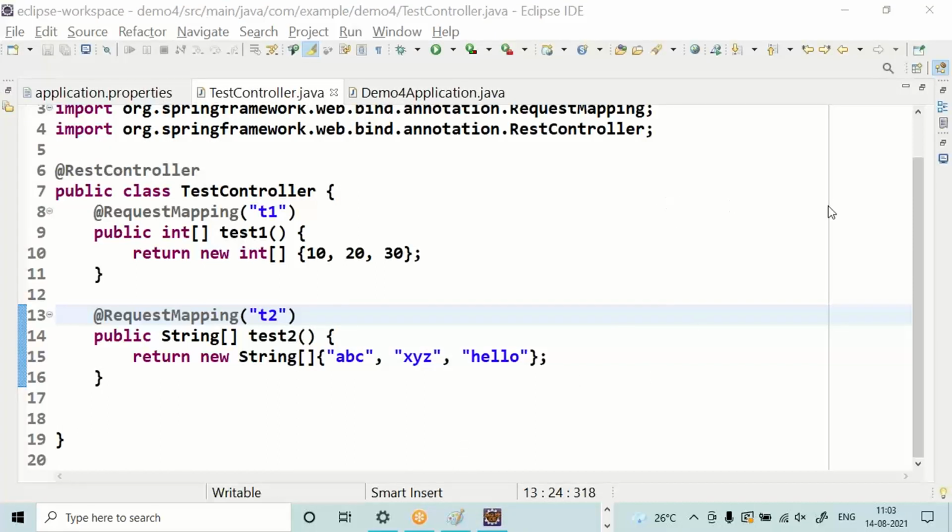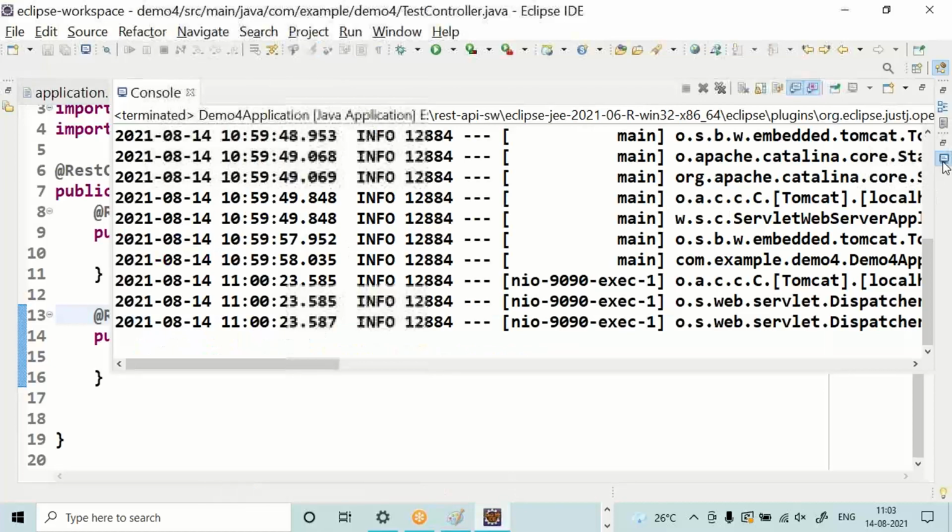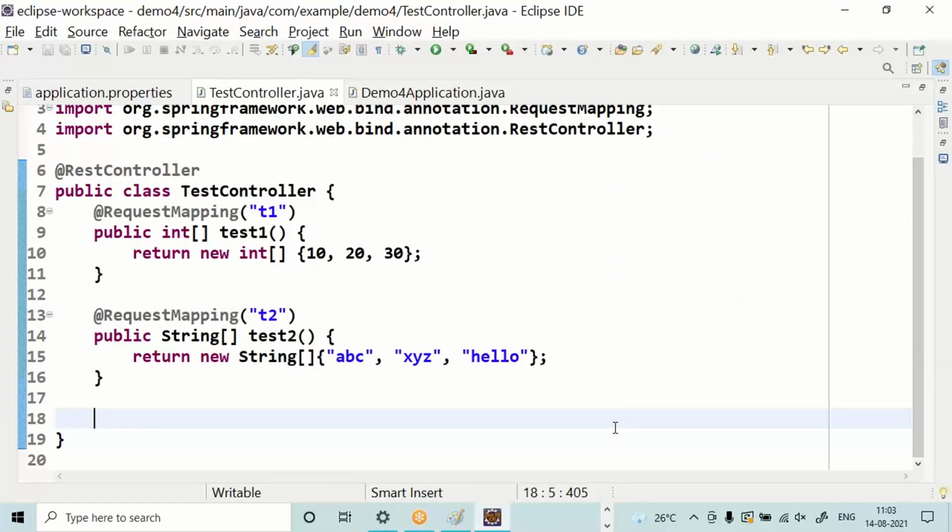Now stop the application. It's already stopped in my system. Try running. Now I can run from TestController also. Already this application ran from the application class. Try running control.